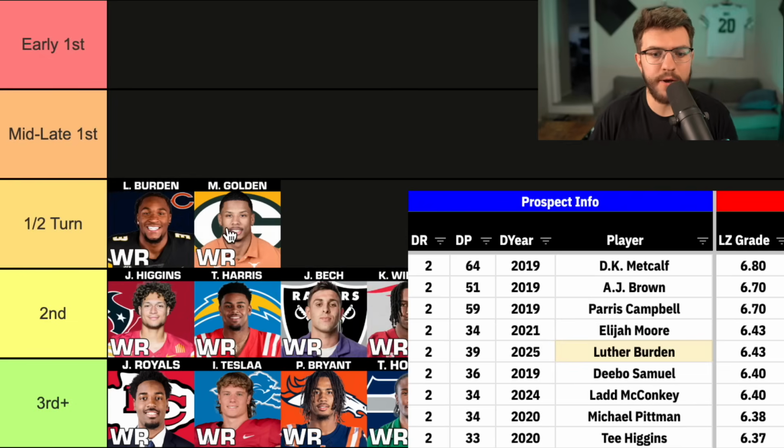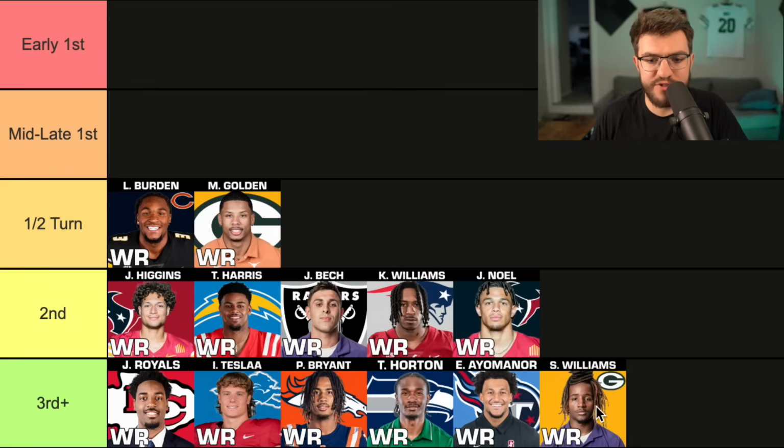I forgot to swap them, but we have Luther Burden there, and I will go over them real quick before we get to the next receiver, just so it's a little less confusing. We have Savion Williams, wide receiver 16, Ayomanor 15, Horton 14, Bryant 13, Tesla 12, Royals 11, Noel 10, Williams 9, Besh 8, Harris 7, Higgins 6, Golden 5, Burden 4, and then at wide receiver 3 in the mid to late tier,